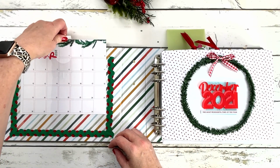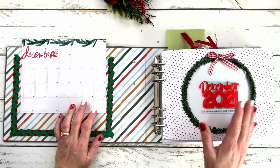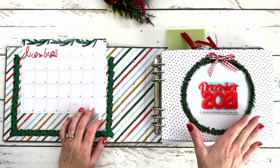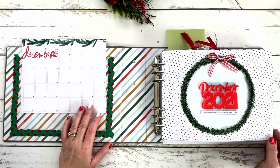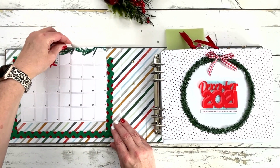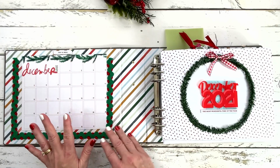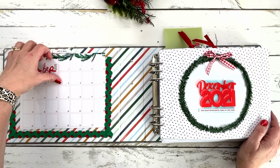So this will be a place to put just a photo a day, because I'm not doing any kind of chronological daily scrapbooking. There are a few stories that do fall on the day that they will be in my book, but it's not just a 1 through 25 type of album. So I wanted to do just a photo a day, and it's a snug fit right now, and there's like static in there. So I'm hoping that's going to kind of work itself out a little bit as we go through the year. And I just put a piece of acetate, punched a thumb hole, and this